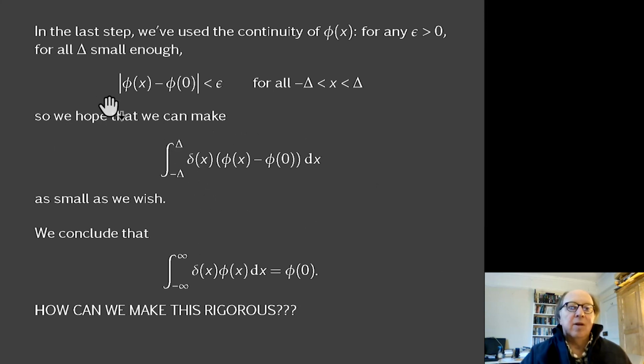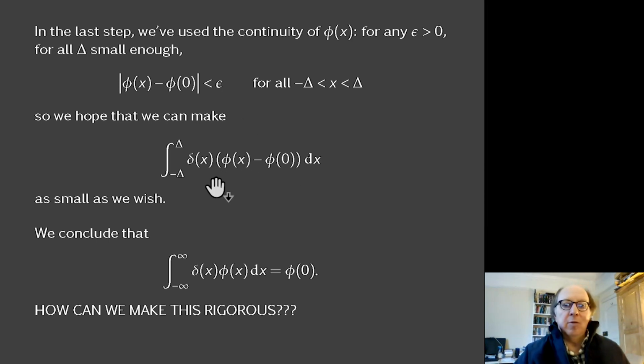If you want to make that sound a little more rigorous, you'll say for any epsilon greater than 0 and for all small enough delta, the modulus of phi of x minus phi of 0 is less than epsilon. This is just the definition of continuity, standard continuity. A small input x between minus delta and delta generates a small change in the output.